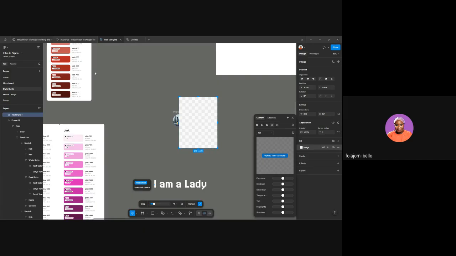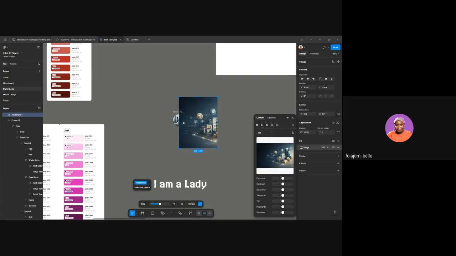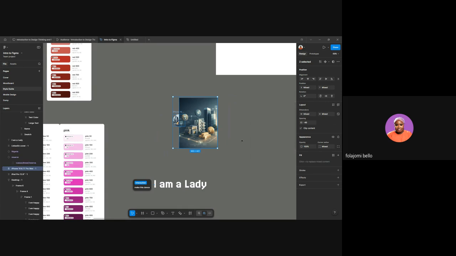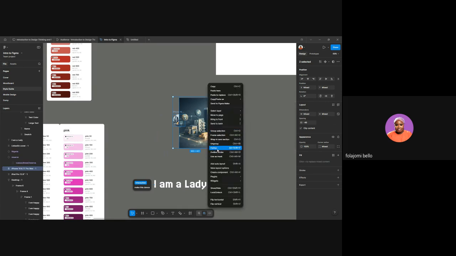Okay. I'm selecting this now. So, well, I want this to maintain. Okay. So I have my image now, and I am selecting this together, and I right click, I use as